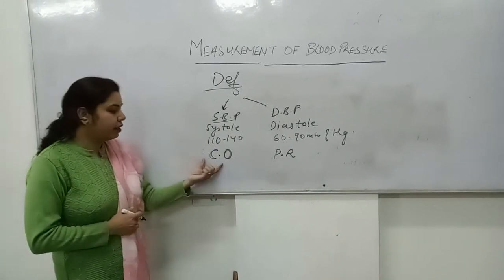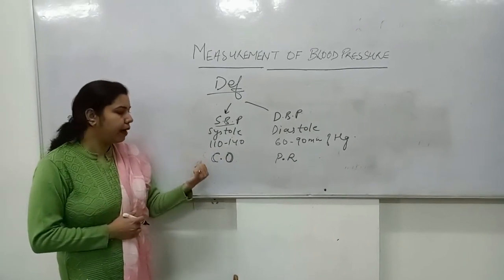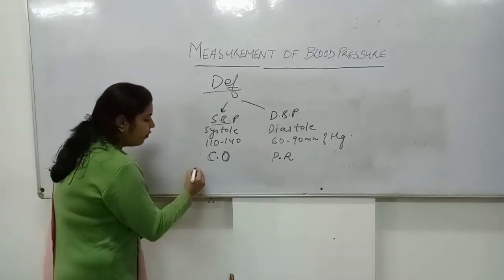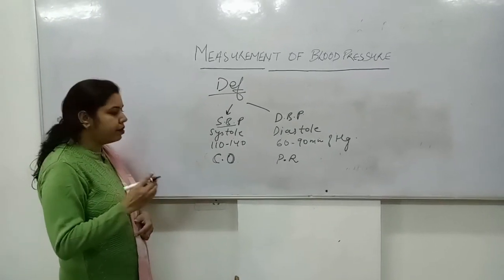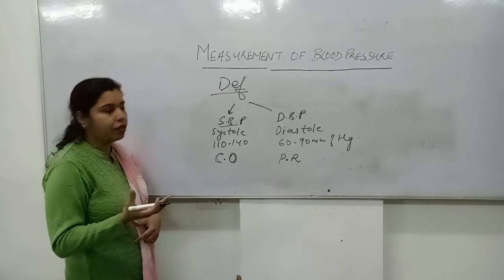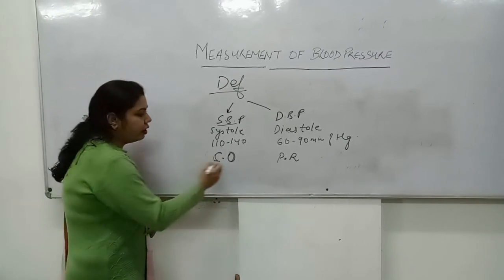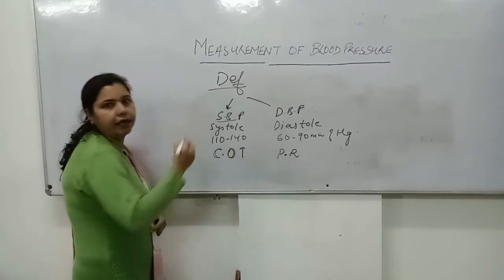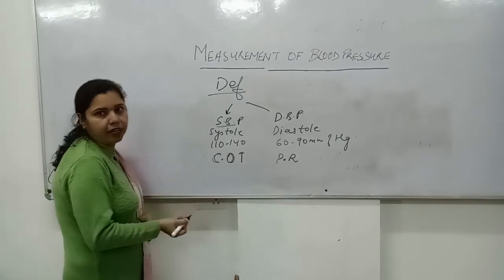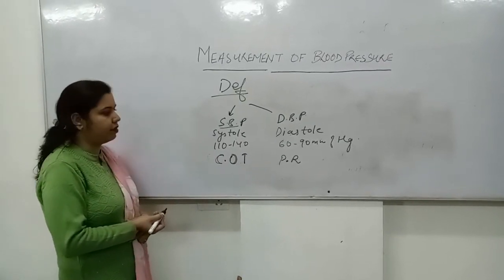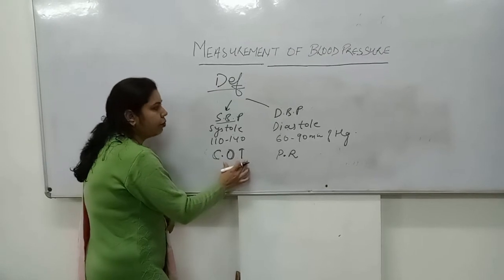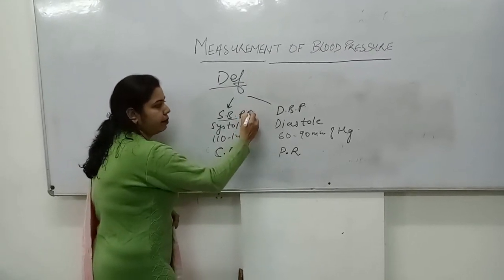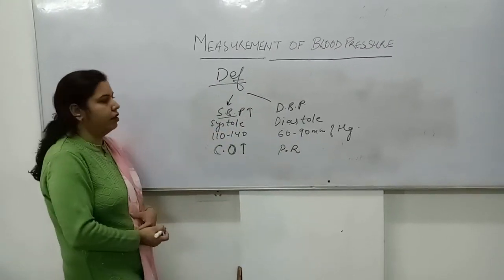Now, you can learn these two things by a simple example. Whenever we do exercise, what happens? Your cardiac demand increases. You need a greater amount of blood. For that, there is an increase in the cardiac output. It can increase up to 5 times with a single intensity of exercise. So, whenever your cardiac output increases, your systolic blood pressure increases.